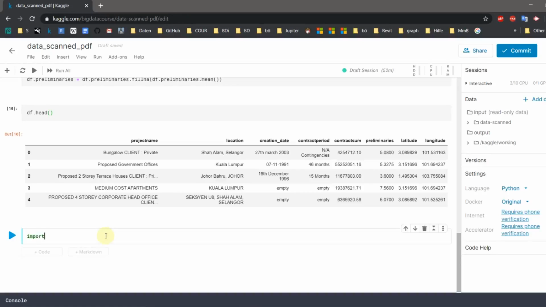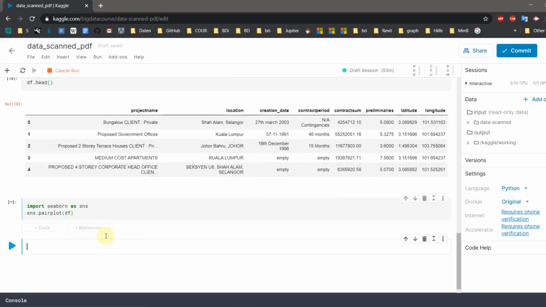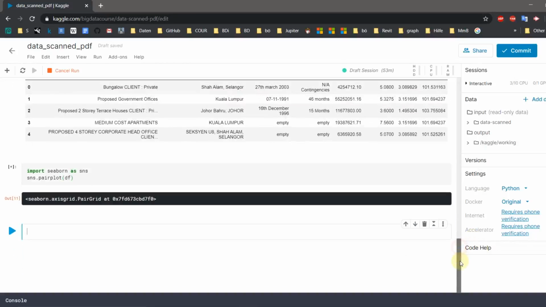Import the Seaborn library. And using the pairplot function, where our data frame is the argument, we can find the correlation between the numerical values.